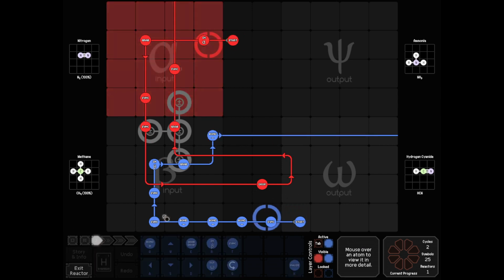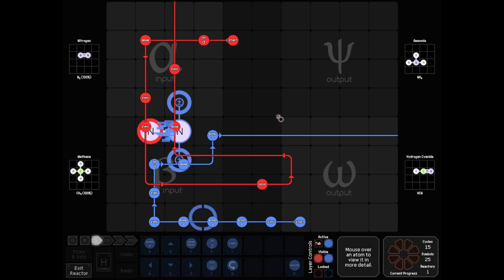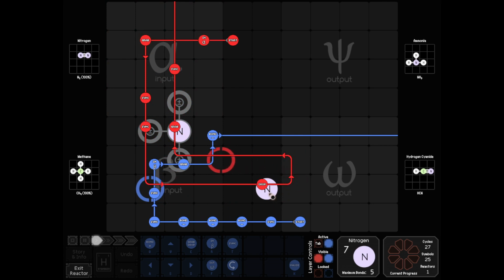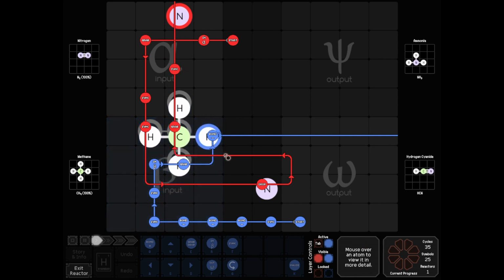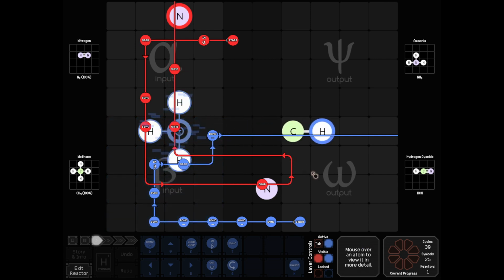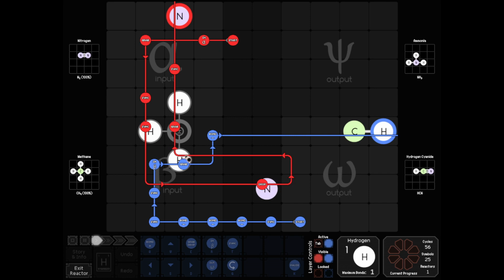Okay, let's just check and make sure everything's working as I expect before I go further, because this is the kind of thing that's going to require a ton of testing. So we've debonded everything. We kind of just drop the nitrogen out of the way. Grab that to get it out of the way. Okay. So at this stage, we have nitrogen here, we've got nitrogen off on its own, we've got this out. So at this point,